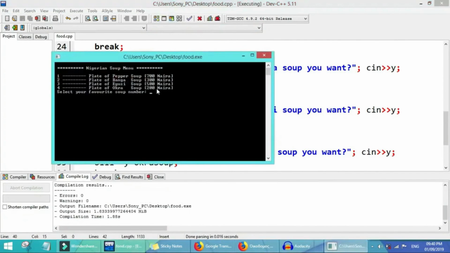Select your favorite soup number. Let's say I select number 2, banga soup, which is 300. The next question will be how many plates of banga soup you want. Let's say I want 3 plates of banga soup. 3 times 300 will be 900. So the total price is now 900.